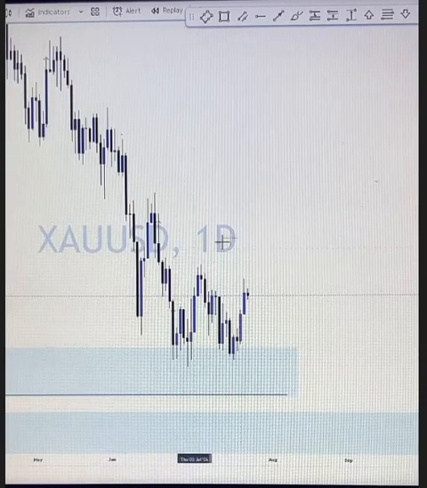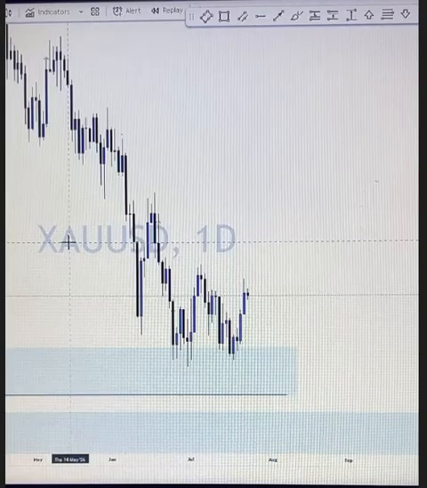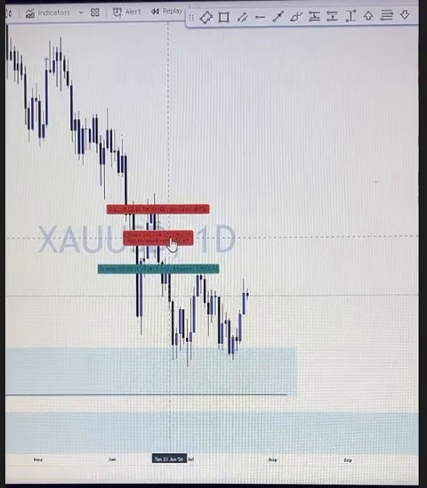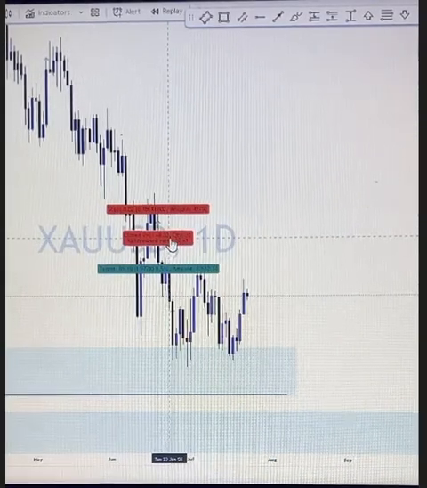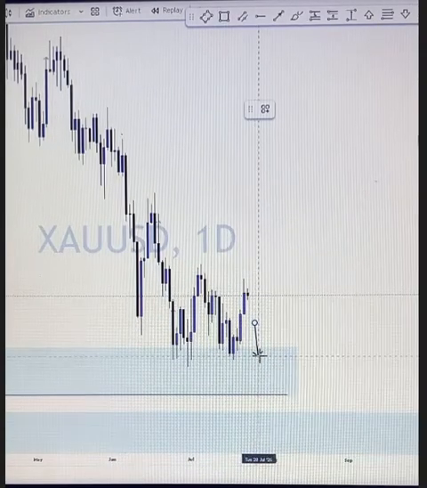Now we want to buy from this level, but we cannot just buy because price is at this key level. To buy from this level, what do we want to see? Guys, you should always look down. Someone is asking me what time frame. Can't you see this? We want to see market structure shift. We want to see an M formation.